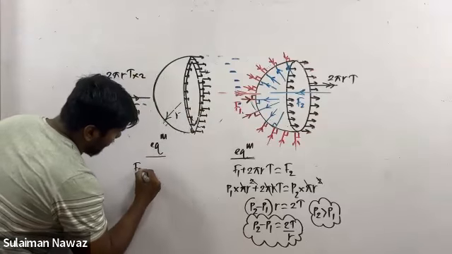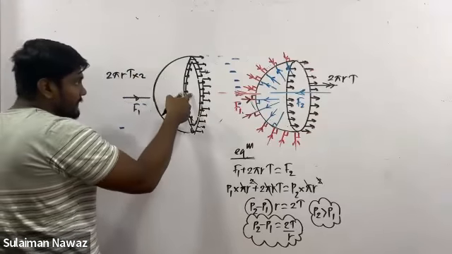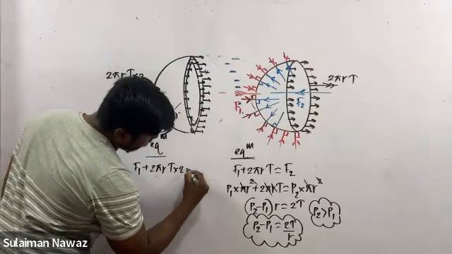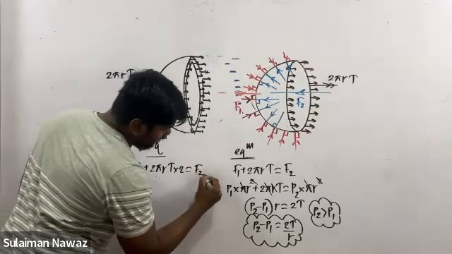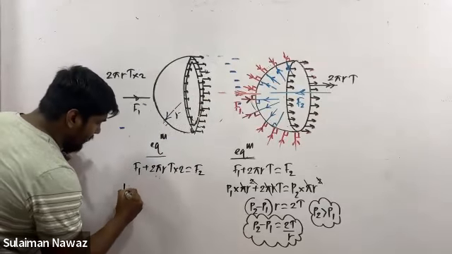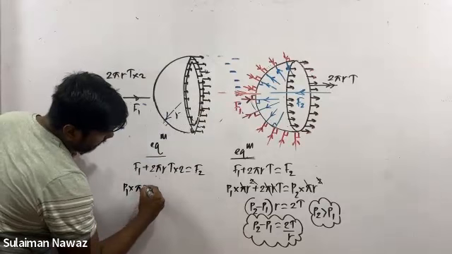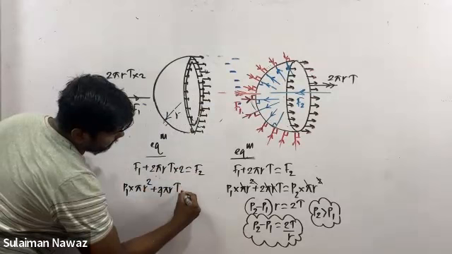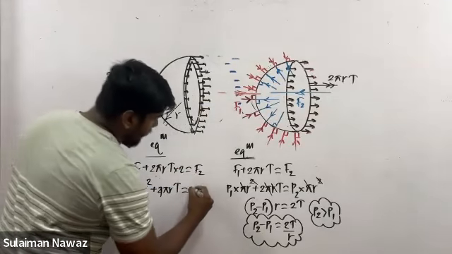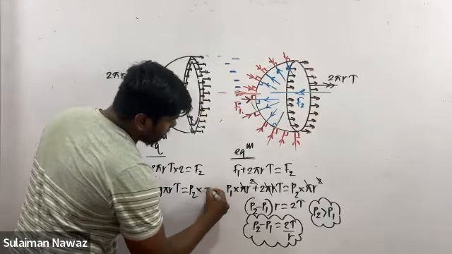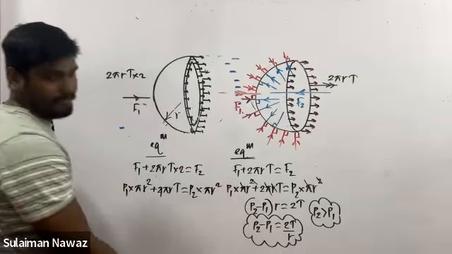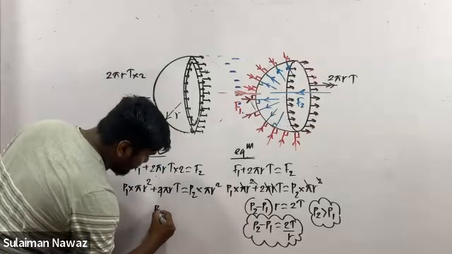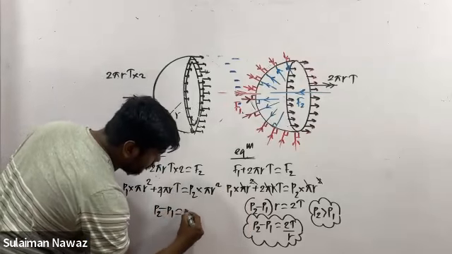So therefore, I can write that F1 plus the resultant surface tension force, 2 pi r into T into 2, equals F2. Then F1 I can write down as P1 into pi r squared. 4 pi r T equals P2 into pi r squared. Right? So when you simplify this, you will obtain that the excess pressure P2 minus P1 will be equal to 4